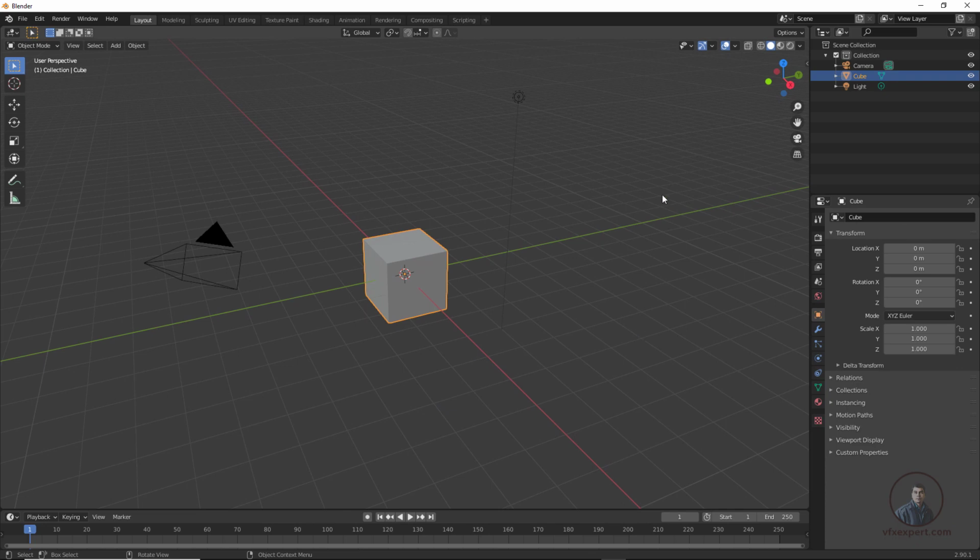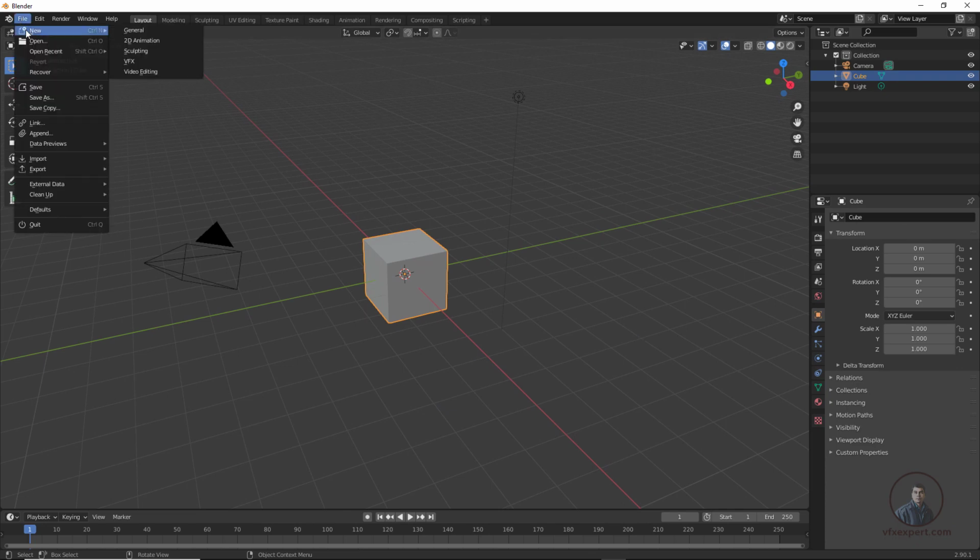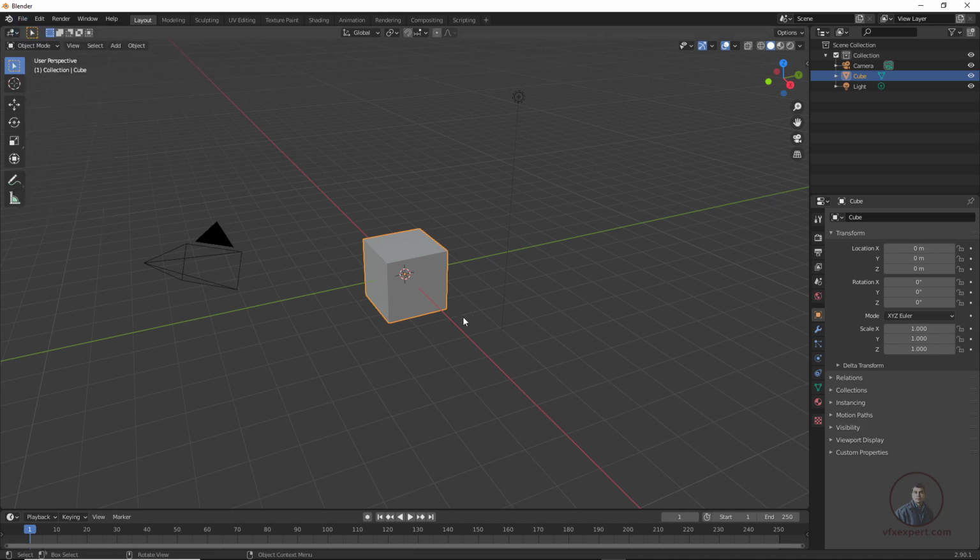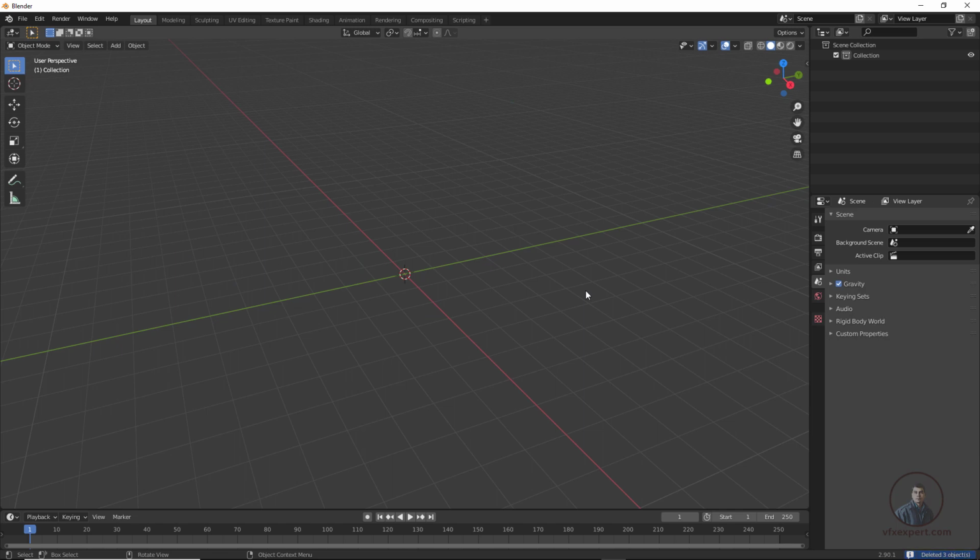Now here in Blender, this is the default interface of Blender. If you want, you can simply click on new and create a new scene. This is the default scene in Blender. Some elements are there, maybe a geometry and a camera. Before importing the PFTrack camera data, first we have to delete all these things. Simply press A for select all, then press delete. Before importing this data, we have to delete all default elements from Blender.